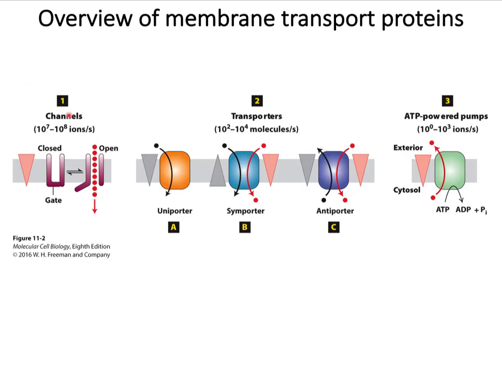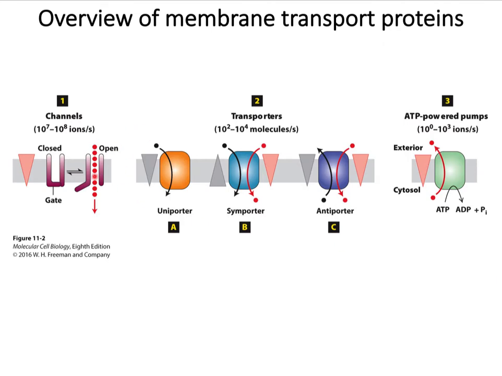The first group of proteins are called channels, and they facilitate movement of specific ions or water down their electrochemical gradient. They can be non-gated, open all the time, or they could be gated, open only in response to specific chemical